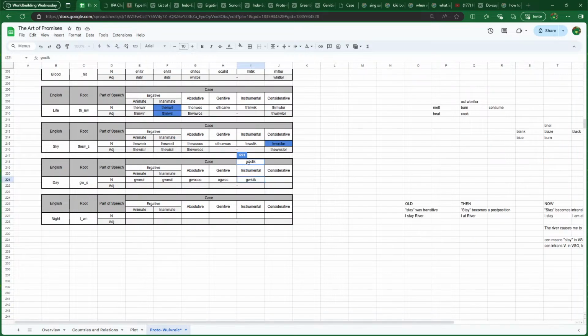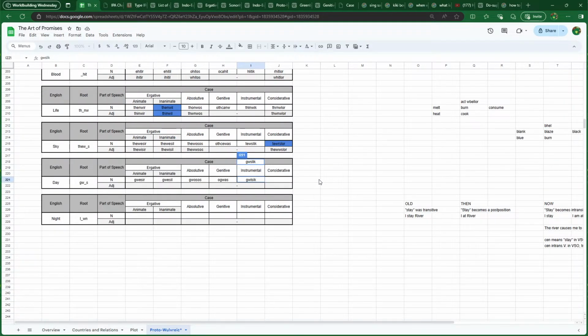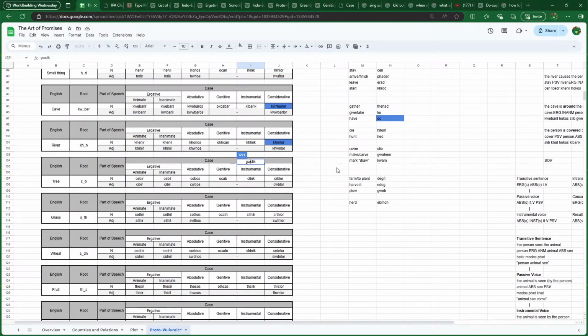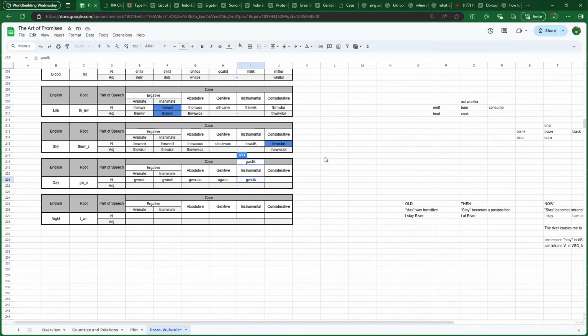So I don't know how to handle that. I will have to come back to that later. I'll just mark it in red for now. Considerative form. This is